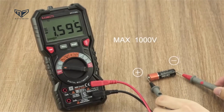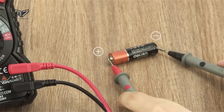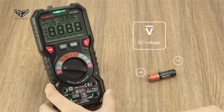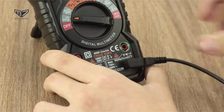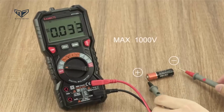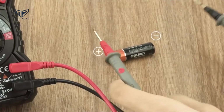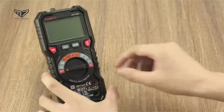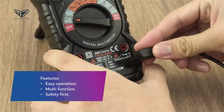both of which will illuminate the backlight orange once it registers over 80 volts or so, alerting you to the presence of significant amounts of AC running through the wires you're measuring. User-friendly, the display is large and very easy to read, and the connectors will light up to show you where to plug in the test leads, helping prevent some of the most common mistakes when using these products. This unit even has an integrated flashlight. All in all, the KAIWETS is a fantastic meter, and we readily recommend it. Features: easy operation,